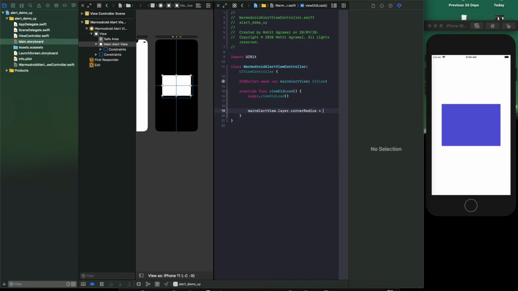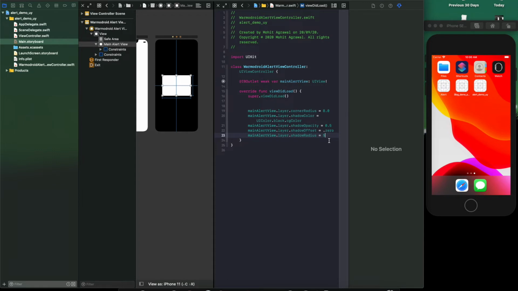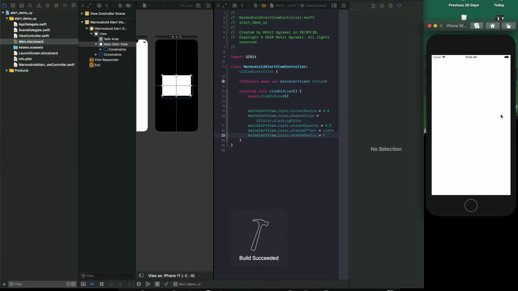Here we can pass the value 8, that will be perfectly fine. So this is how we can give the shadow here. The shadow color is going to be black, shadow opacity is going to be 0.5, offset will be 0 and radius will be 5. Let's run it and see how it's coming on the simulator. Okay, so as you can see, this is coming perfectly fine.